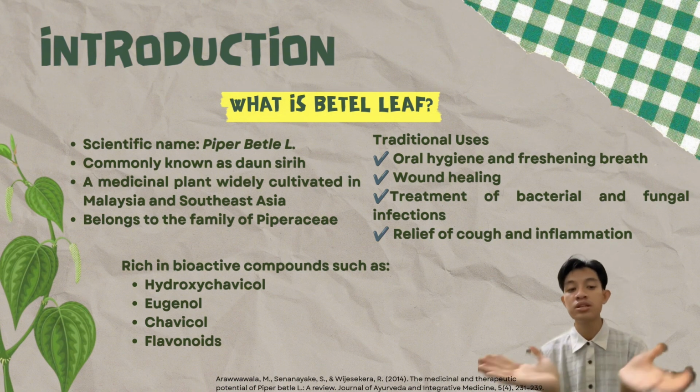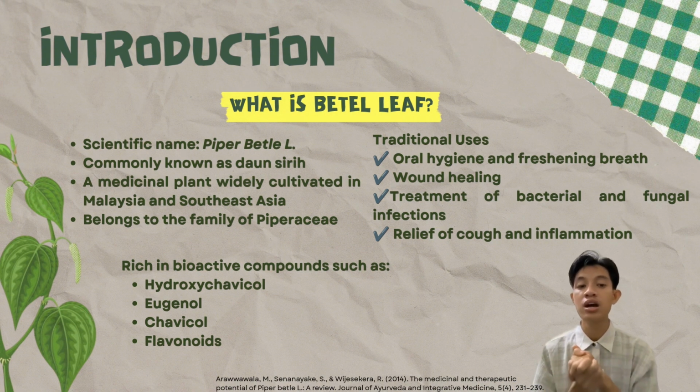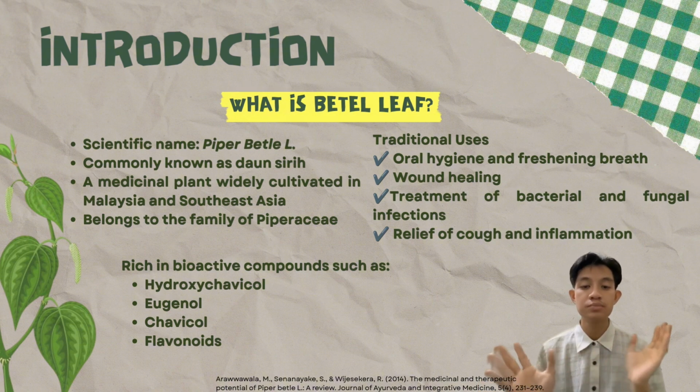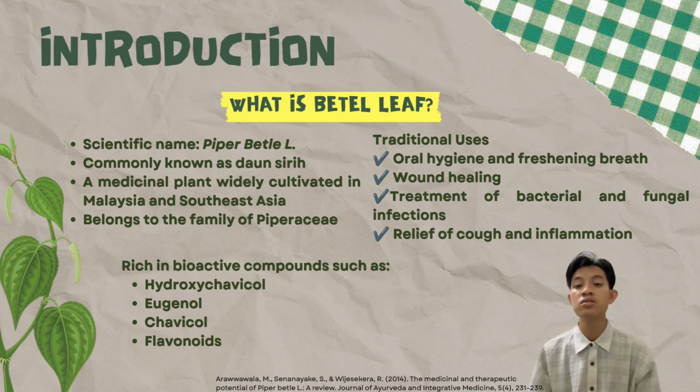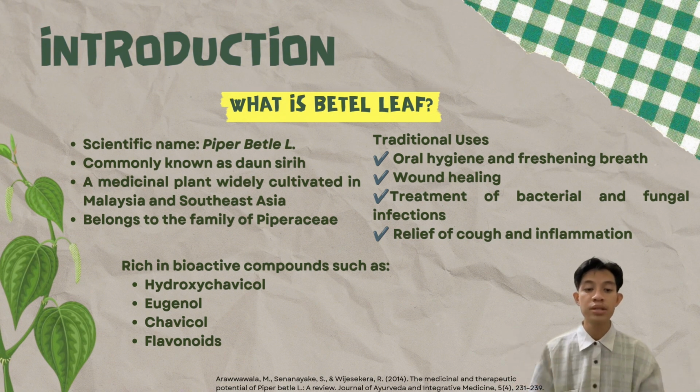So these medicinal benefits are mainly attributed to several bioactive compounds found in betel leaf. Among the most important compounds are hydroxychavicol, eugenol, chavicol, and flavonoids. So these compounds are known to possess antimicrobial properties that help inhibit the growth of harmful